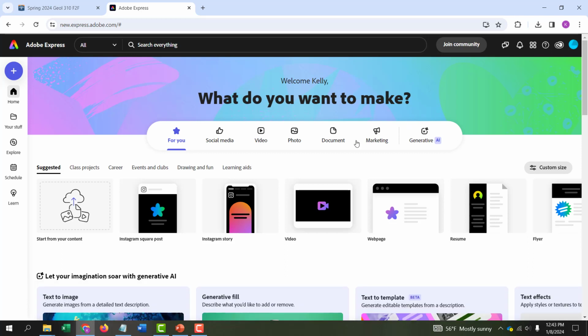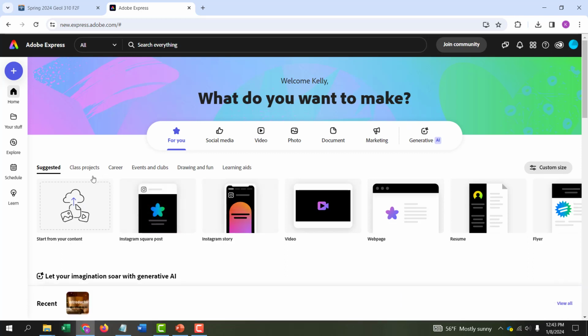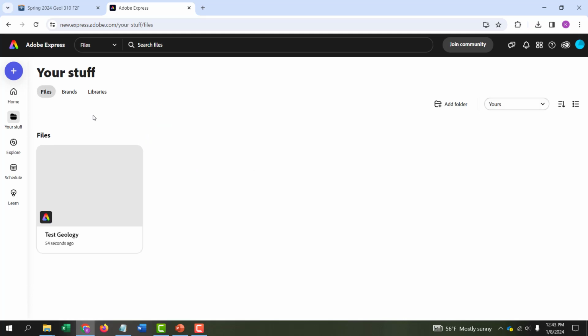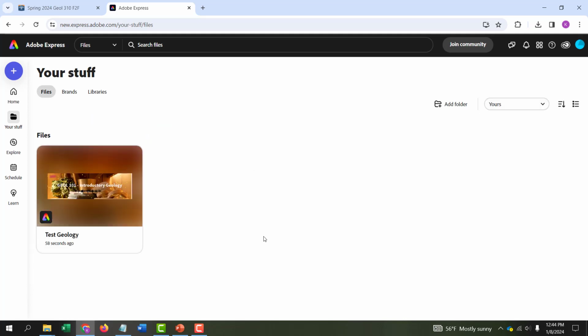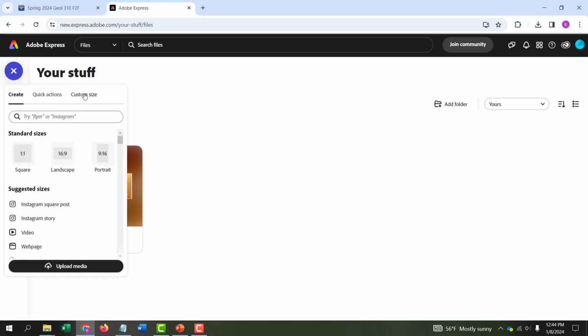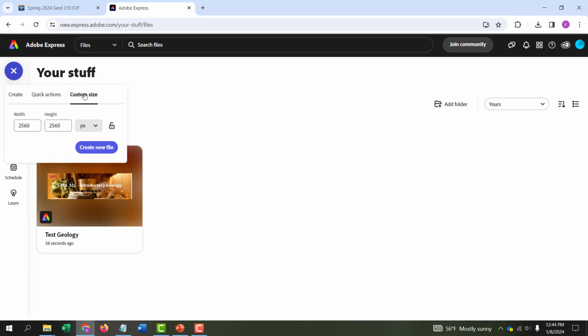And what you're going to want to do is go to your stuff, and you'll see that here I have this one test geology banner that I created a bit ago, but I'm going to recreate the same thing with you. To create something new, we're going to click this plus button up here and go to custom size. And of course you can set this to whatever you would like, but if you're going to use a Canvas banner, the recommended size is